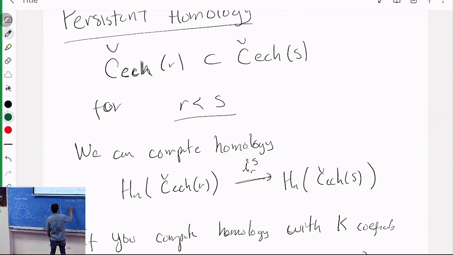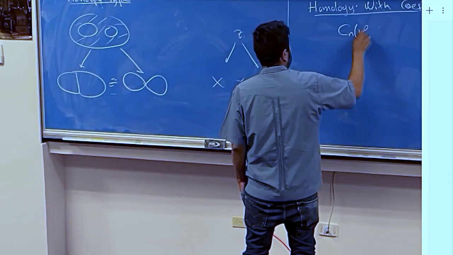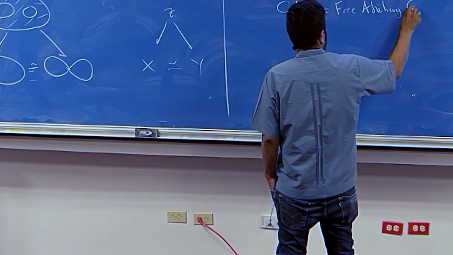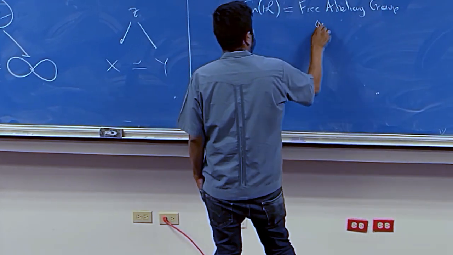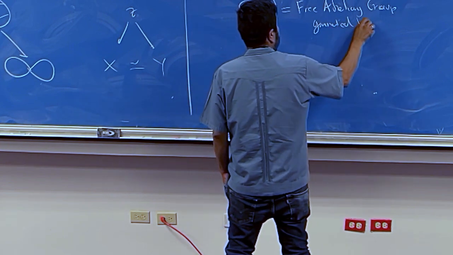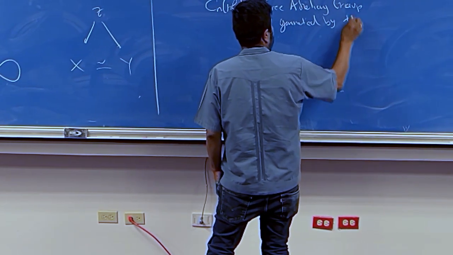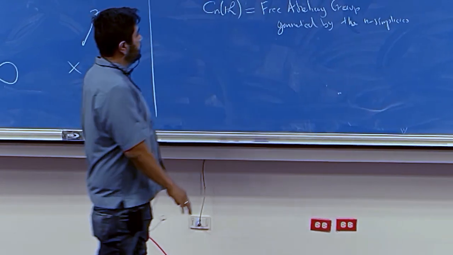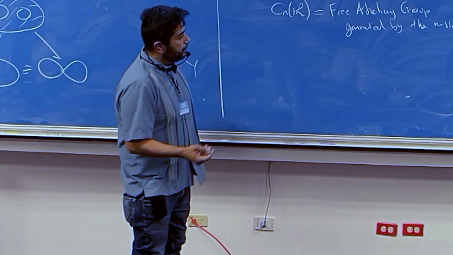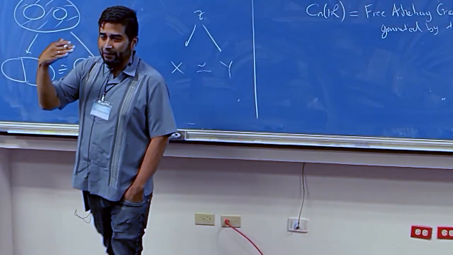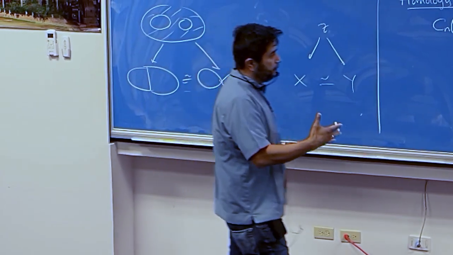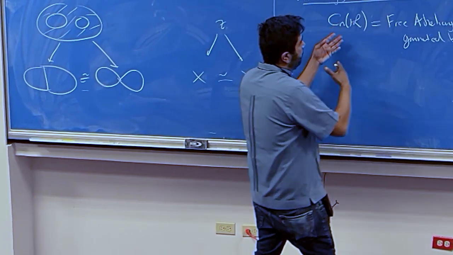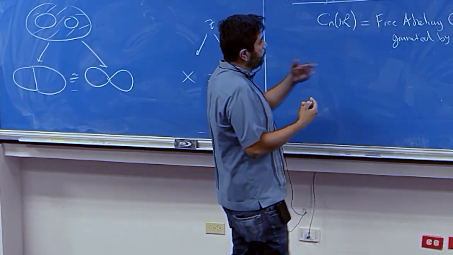So we talk about Cn of K as the free abelian group generated by the n simplices. But there is no reason for us to talk just about the abelian group generated by those, we can talk about other things. So instead of considering all the possible sums with the Z coefficients, we can talk